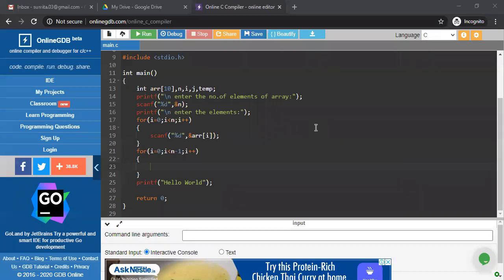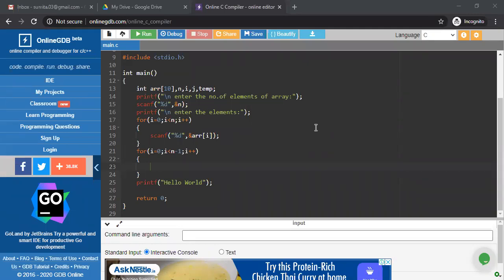So 0 to less than n minus 1: what is the n value now? 8, so n minus 1 is 7. So 0, 1, 2, 3, 4, 5, 6. Total 7 times my outer loop is executed. So this is the logic for executing the for loop from 0 to n minus 1. This is used for the pass number.